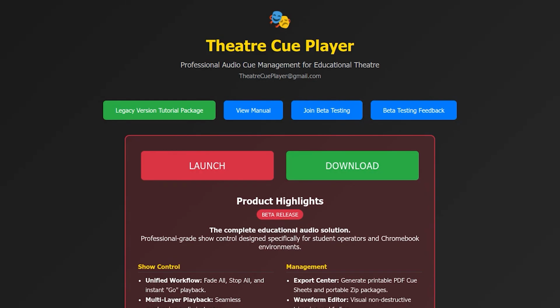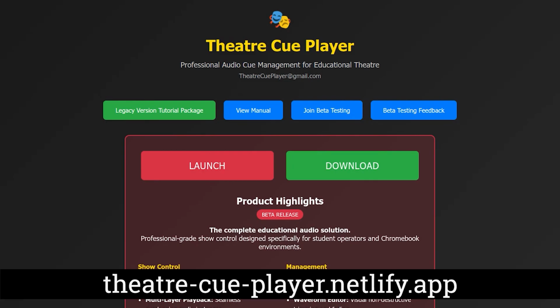I built this tool with one specific goal in mind: to enable a full classroom of students to learn professional audio cue management right on the Chromebooks you already have in your classroom. So let's get started. We're going to start by going to the website